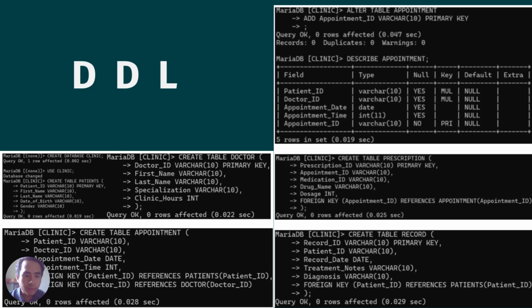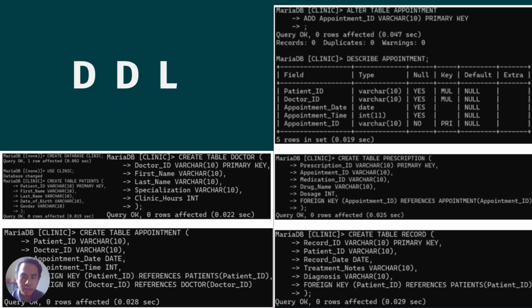doctor ID. And then for varchar, we can add any number we want, varchar 10 or something like that. But it's better to add a higher number because varchar basically means the amount of letters or characters you can put in a word. So for example, we take drug name and we add varchar 10. So whatever drug we put, we can only take drug names that are 10 letters. More than that, it will not read.